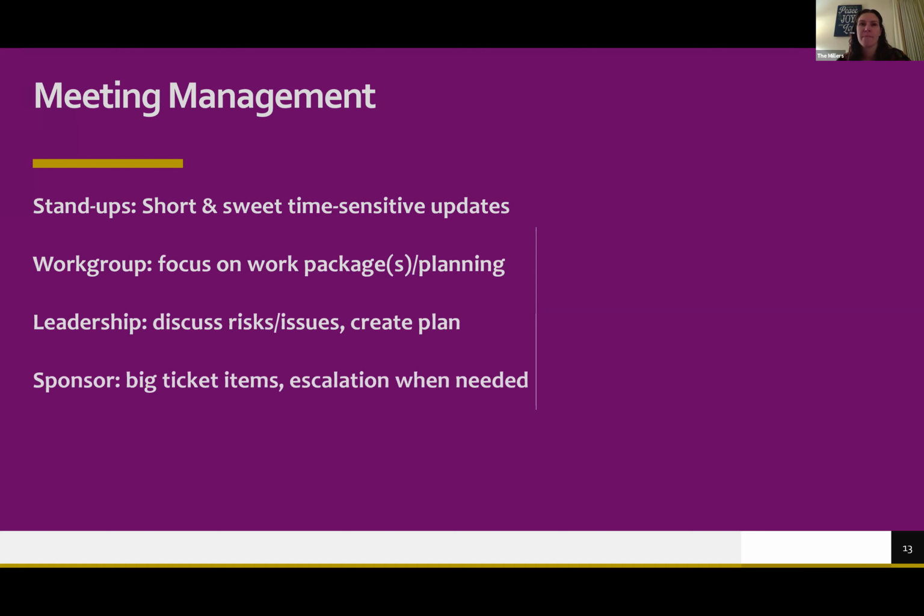So if I have a change request that's coming from a vendor, or if we found out that there's a major piece of scope missing, and without it, the product isn't viable, right? Those items are going to go there, and they're going to be escalations. I am not going to talk with them about the individual work packages that are being done, right? I'm going to be looking at more the milestones that are being completed.